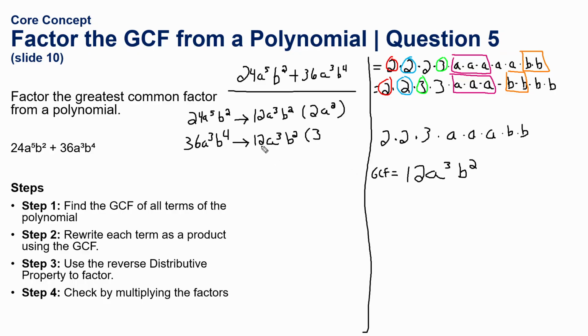We just need 2 more b terms to match up. So we would say 3b squared. So that's step number 2. Then if I was to rewrite this as the factors, we have 12a to the third power, b to the second, times 2a squared, plus